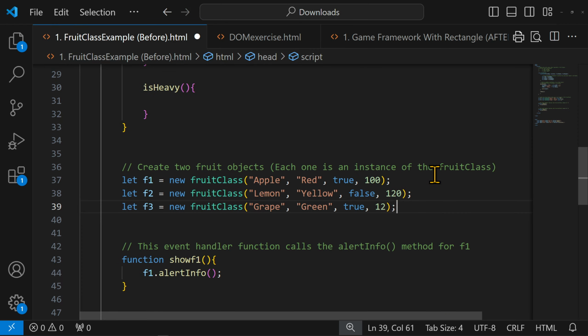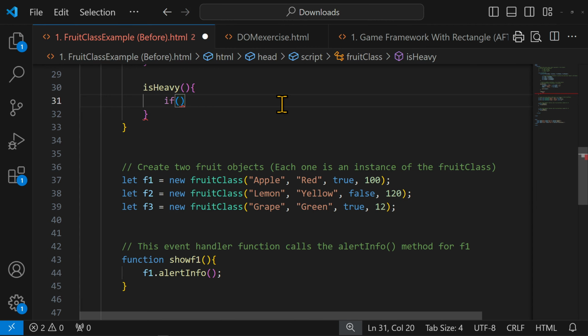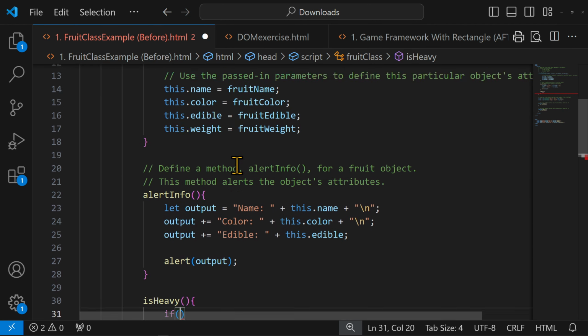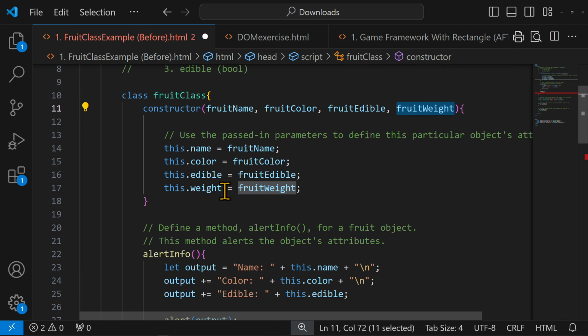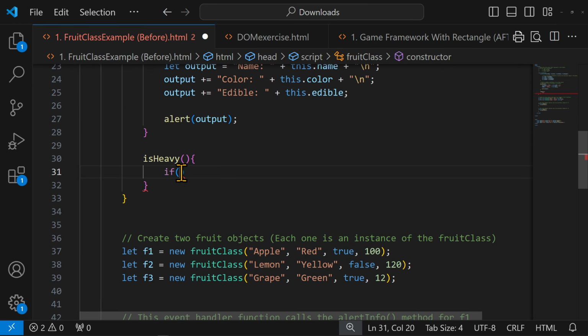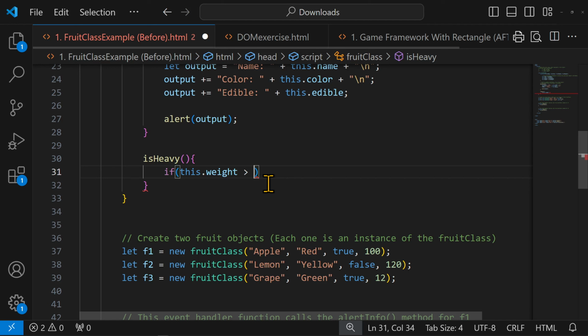And so now what I want to do with this function is heavy is make it based on whether or not my fruit class object is heavy. So I'm going to go if, and I will say based on the weight. Now again, fruit weight is the parameter that gets saved to a property called the weight of that object. Okay? And so I'm going to do if the weight of this object, so this.weight is greater than,